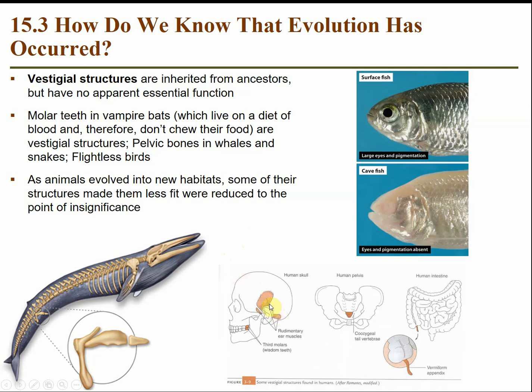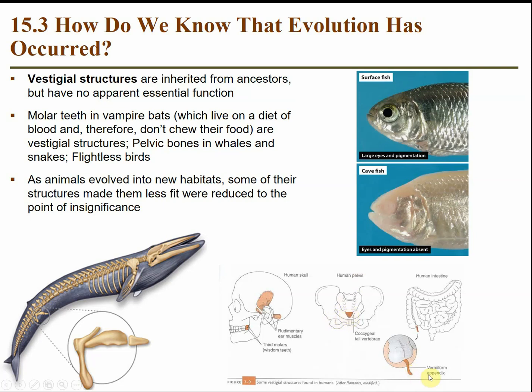Some other vestigial structures in humans. We still have rudimentary ear muscles. Some of our primate and mammal ancestors had more dexterity in their ears than we currently do, but we still have these very small, minuscule muscles near our ears. Also the tail vertebrae. Obviously we don't have tails anymore, but our primate ancestors did. Throughout evolution, since we don't need a tail, we still have the vertebrae. We can't not produce the vertebrae, but we can modify them, fuse them together, and make them very small and virtually insignificant.